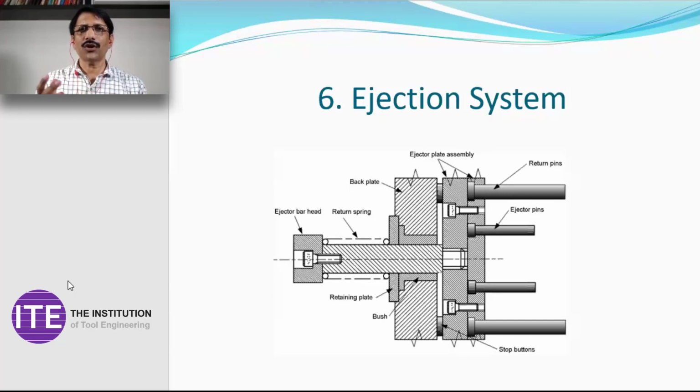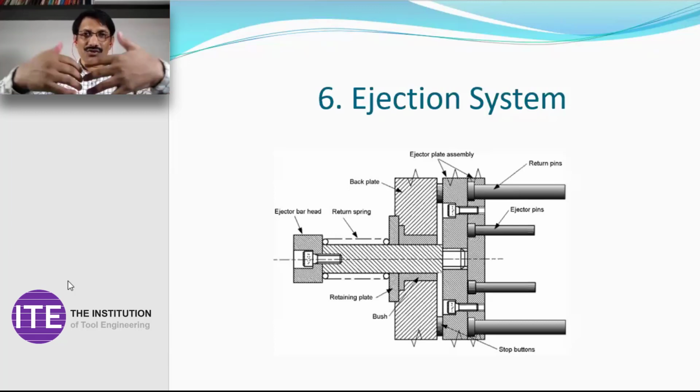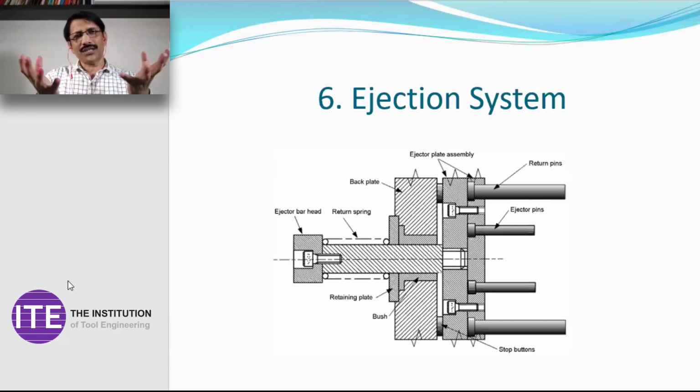Then it depends upon the component size. If the size is big, you have to go for a bigger size ejector pin. Then there should be a balanced ejection. Balanced ejection means providing ejector pins all over, so that the ejection will be proper. What happens if the ejection is not balanced? There is a possibility of damage to the component, or maybe the component will not be ejected properly.